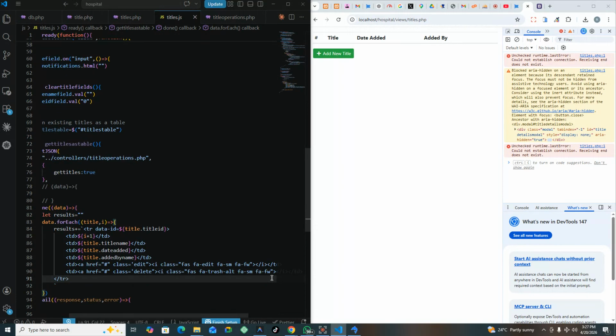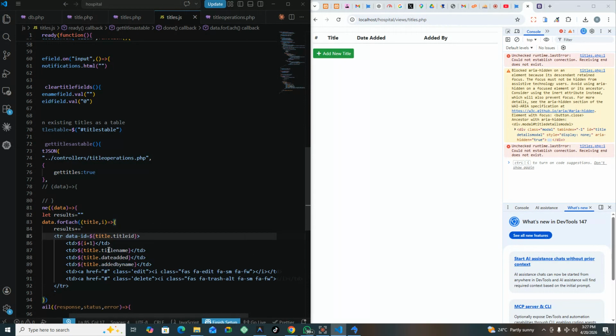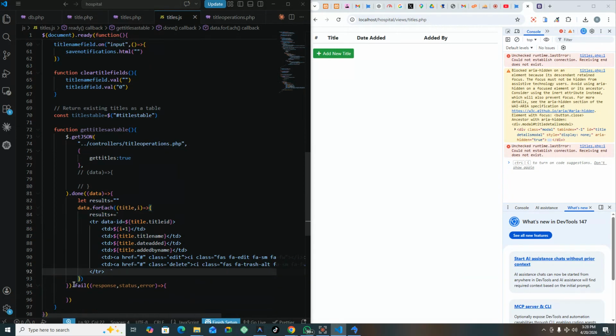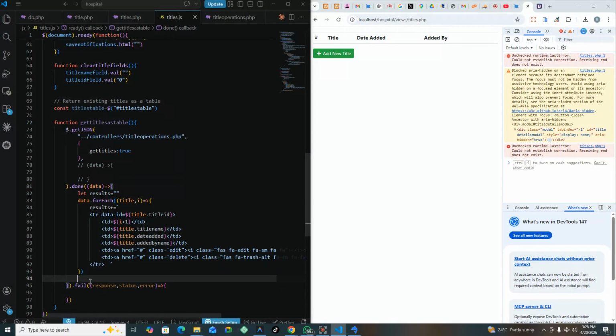So it will repeat that process, creating a table row every other time, like that. It's going to repeat that process for each of the elements that is going to be returned, just creating table rows and storing them with results. So once I'm done with this loop over here, what I'll do is output the data